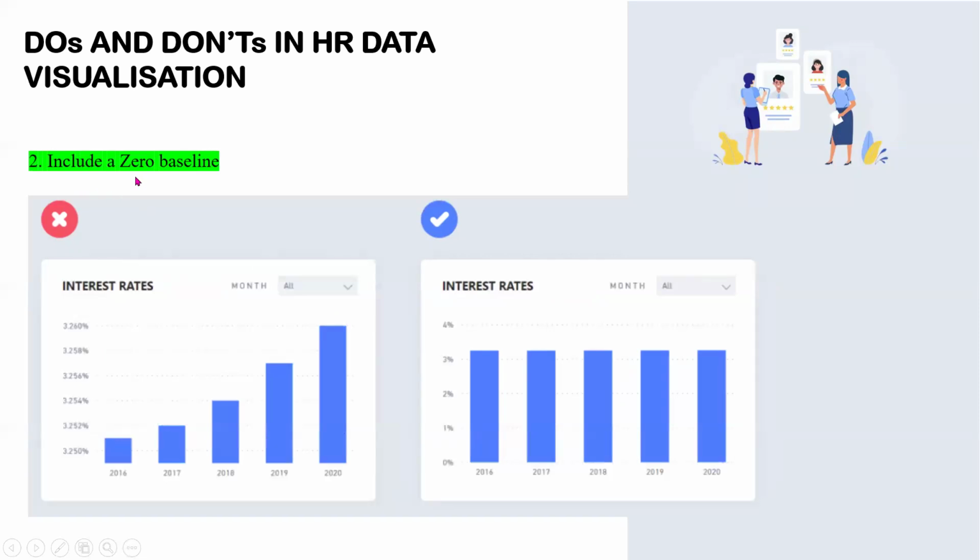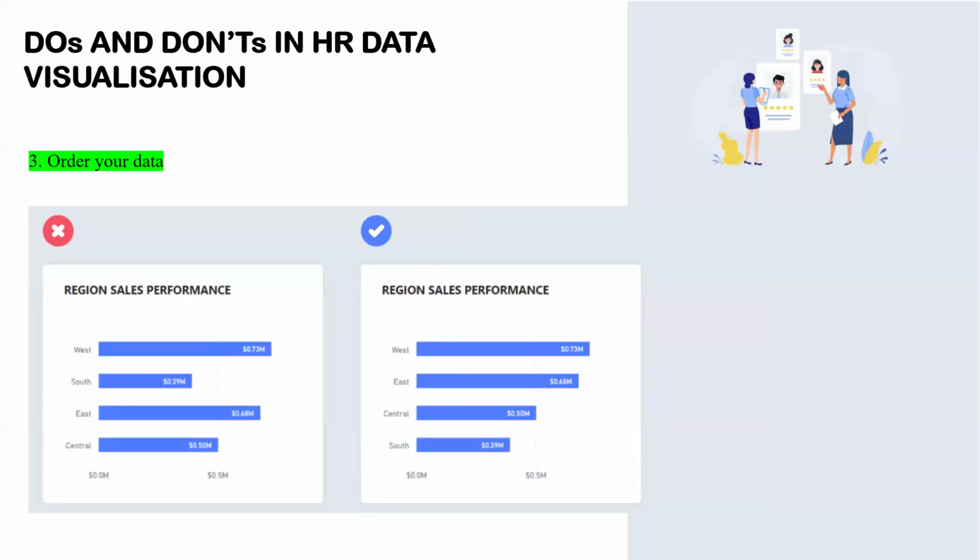And in addition, we also need to include a zero baseline. So look at this. Of course, this is 2016, 2017, this is going up, but look at the interest rate starting from this level. We need a zero base, just like what we have over here. So at the point 0, we want to know what is actually happening. Then from 0, we jump to what? So these are some pieces of advice you may want to pick up in your data visualization journey.